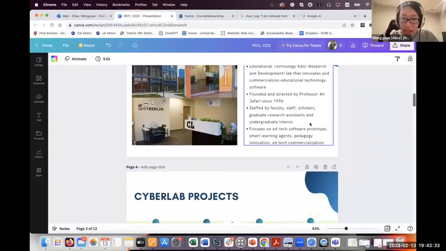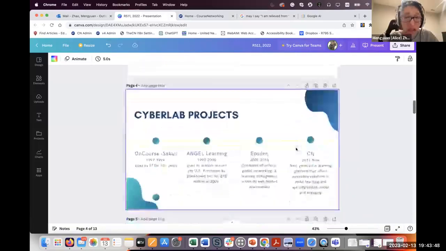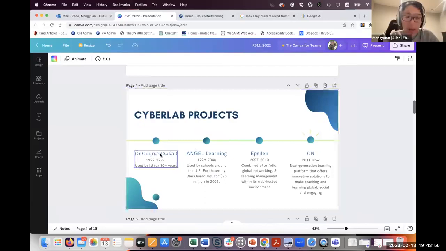Our lab focuses on education technology, innovation, software prototype, smart learning agent development, pedagogy innovation, and education technology commercialization. These are some of the major projects at the Cyber Lab over the past 25 to 30 years. OnCourse, which later became Sakai, is an open source learning management system.